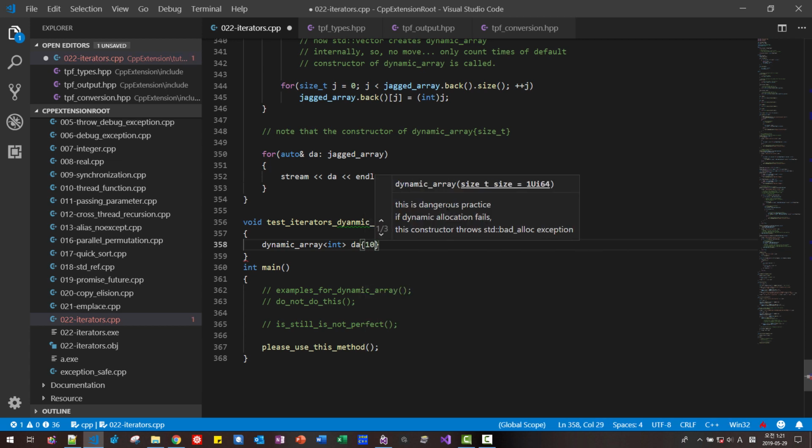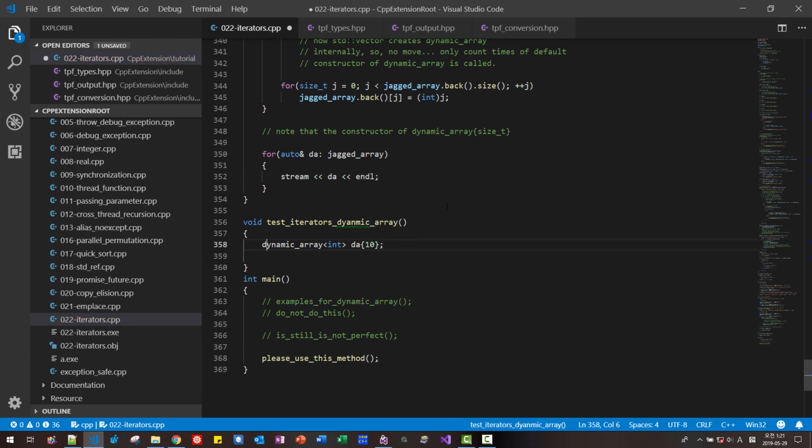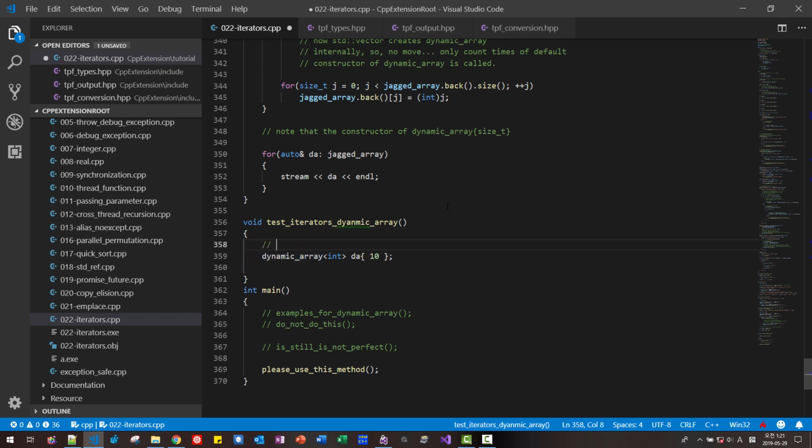We will create 10 elements. We dynamically allocated 10 elements. Okay, then